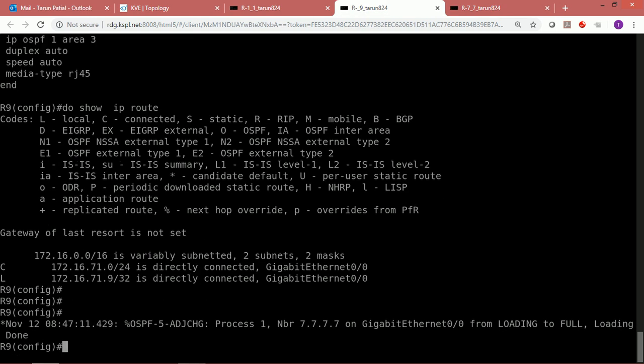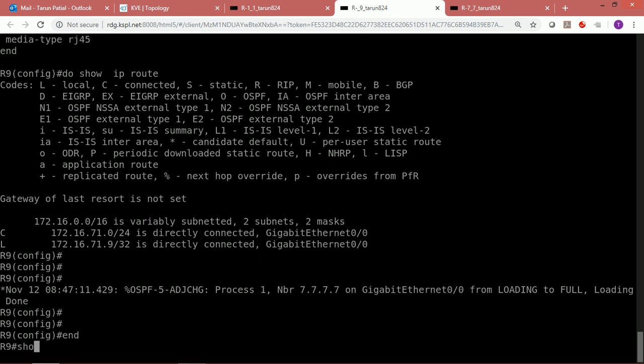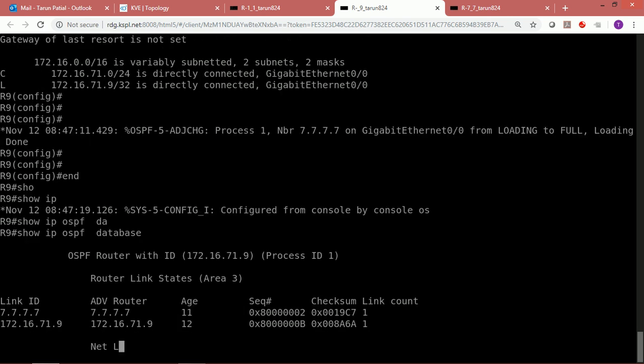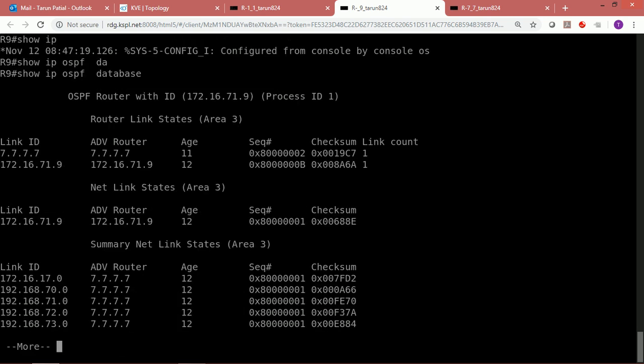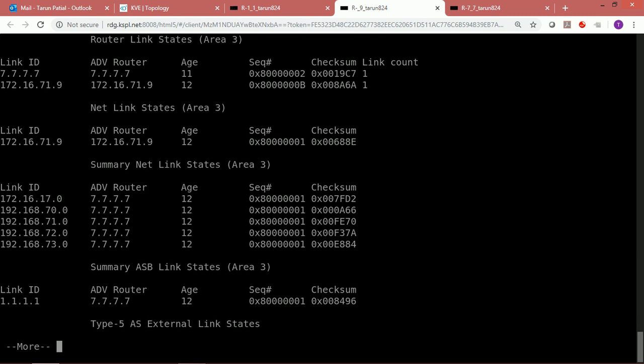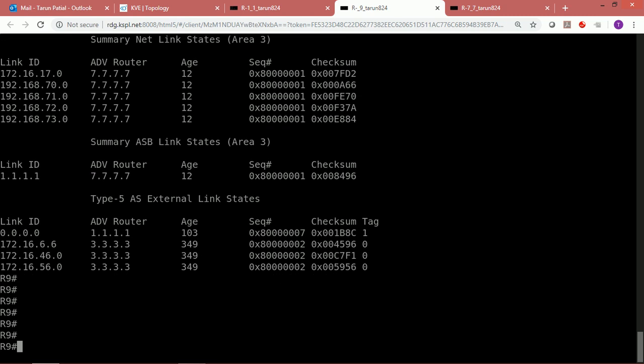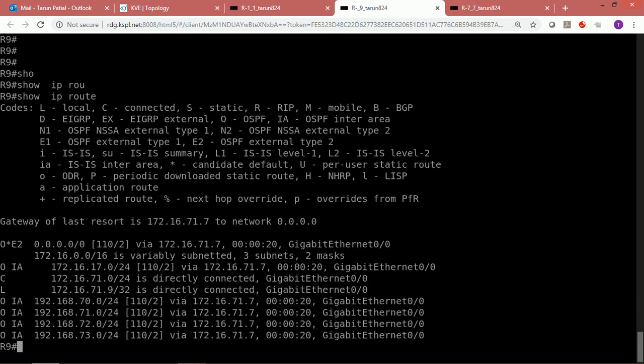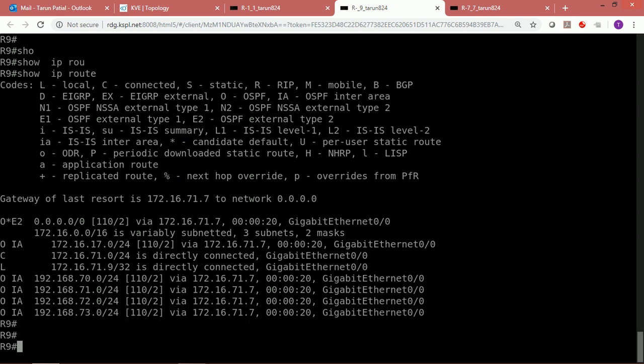So now you have the neighborship. I want to see the database first. Show IP ospf database, and see it is still there. So it is remembering and keeping the copy. Show IP route, and you also have the route, but